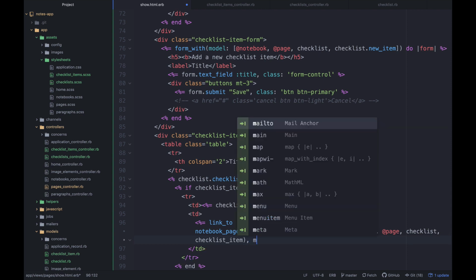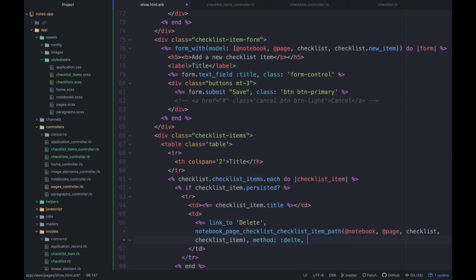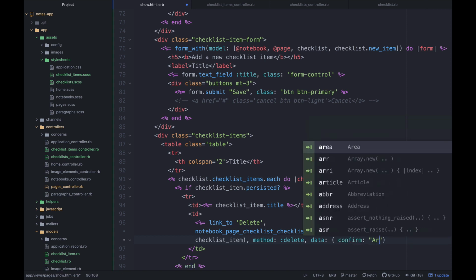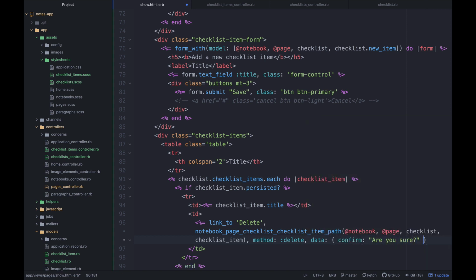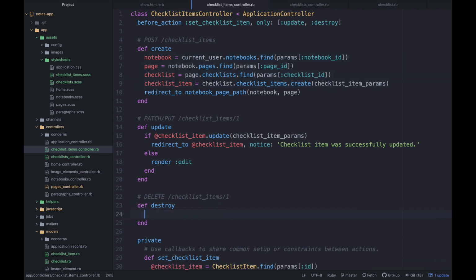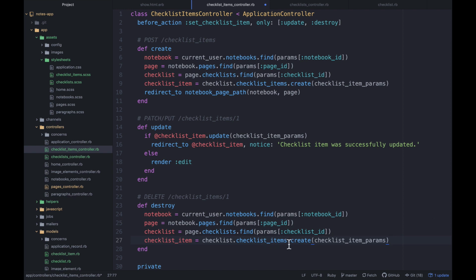And then what we need to do is say method delete, and then we can give that a data confirm, are you sure, like that. And now we should be able to delete this thing. But before we mess with that, let's come in here and fix all of this stuff to be right. So actually, let's go ahead and just get rid of that and paste this in. And then this is going to say find